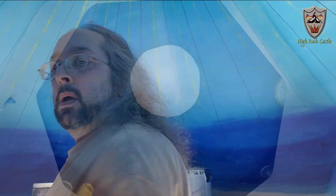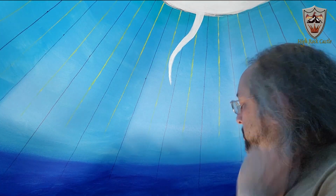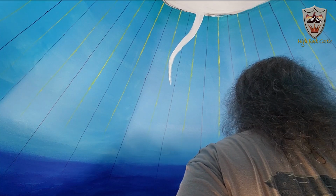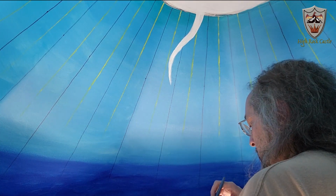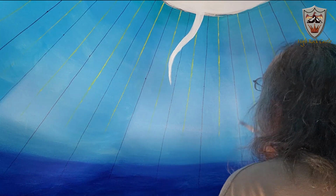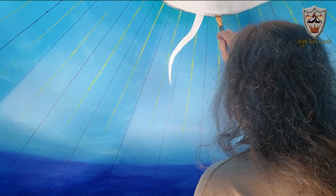Okay, I've started working on the starburst swirls. I've measured out my first one, and I've got little dots that I've placed all the way around to get the rest of them to the same distance. And I figured out where they hit on the yellow and black lines. So they start at a yellow line,